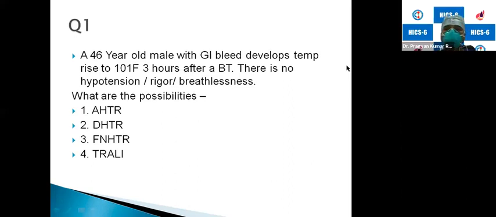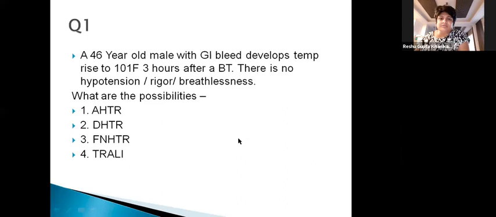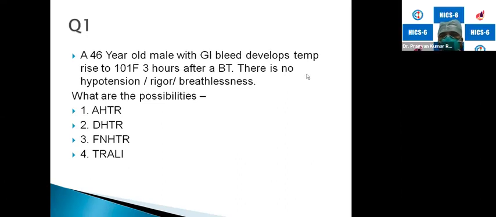I'll ask in the chat box. Just see the chat box. If there is any question, I can ask that. If we discuss the questions, I think it would be easier.